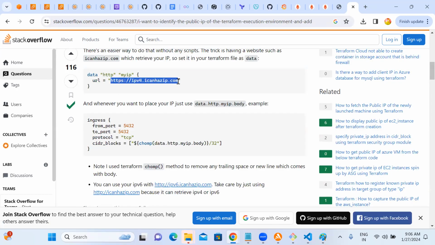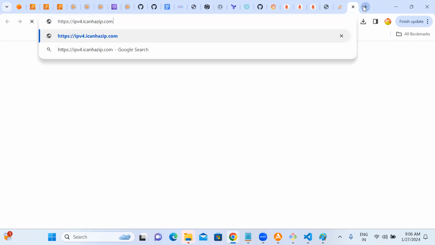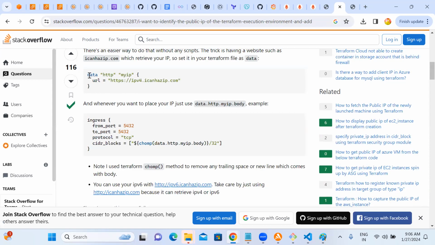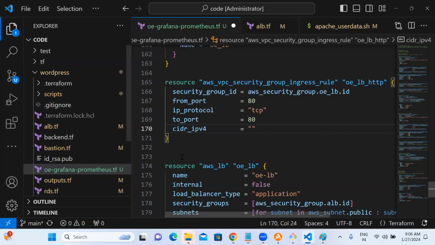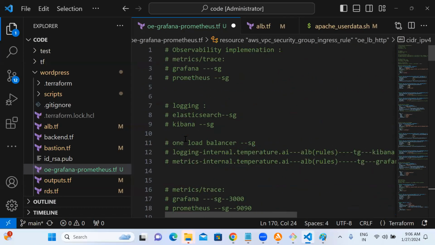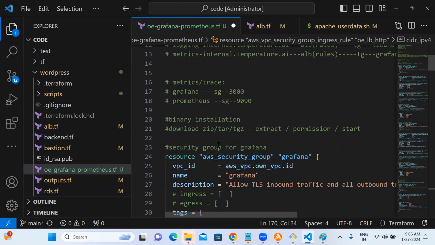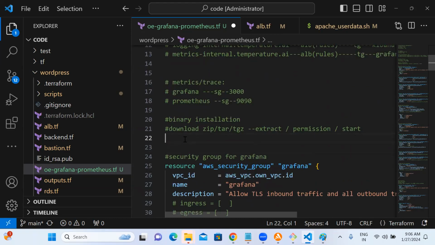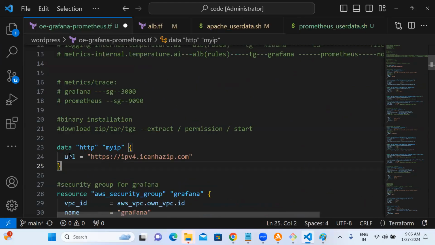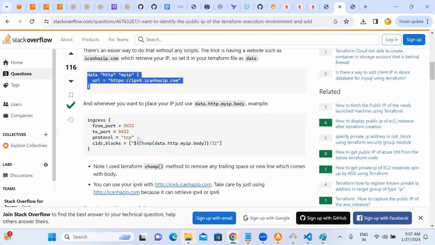If you call this website, IPv4, it will give you your IP address like this. So this is the data. The provider is called HTTP provider. Let me get that. I'll assign it at the top level. We have no need to go and check it every time. Now data.http dot myip dot whatever the attribute.